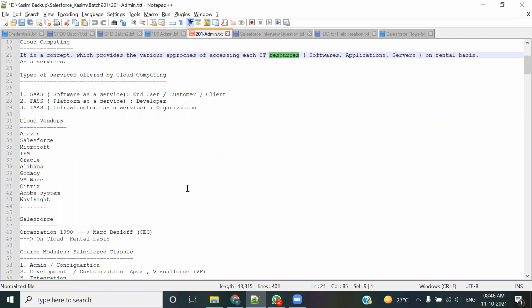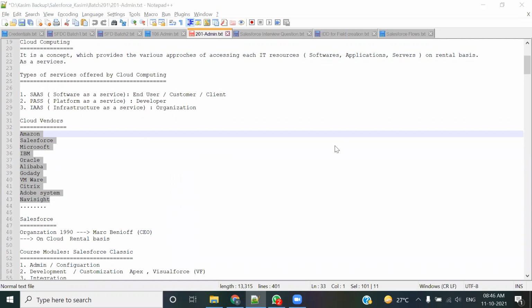There are so many companies that could provide you cloud solutions. वैसे तो ये हजारों में इसकी list है. It is not possible for me to find out every cloud vendor in the world. हजारों company है. Let me try to list out only a few that you are aware of.